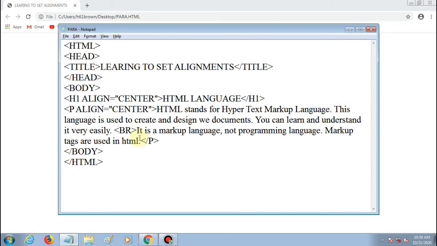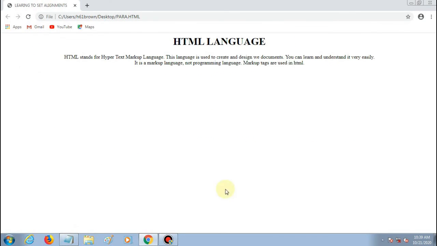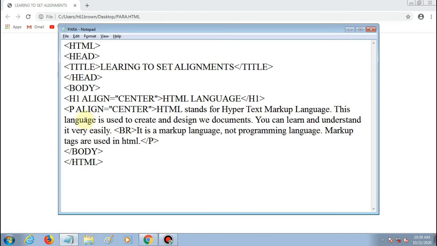Okay, then I want to set a background of this web page. So to set a background of a web page, we give a bgcolor attribute in body tag, bg for background, color, color equals to, I am giving here blue.